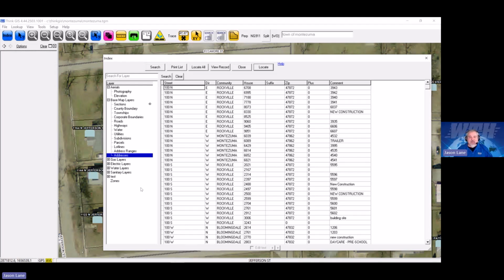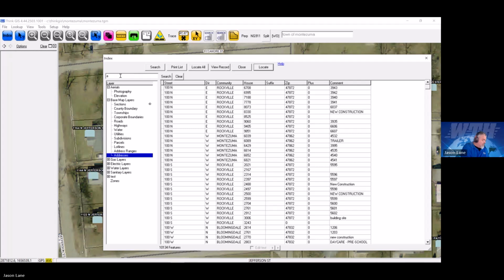And when they're categorized like this, where all the gas layers are together, all the water layers are together, sometimes it can be hard to find one. So in this case, if I was looking for a specific layer but I just can't find it because it's organized into oblivion within the hundreds of layers, we can just come up here and, like, if I just type in